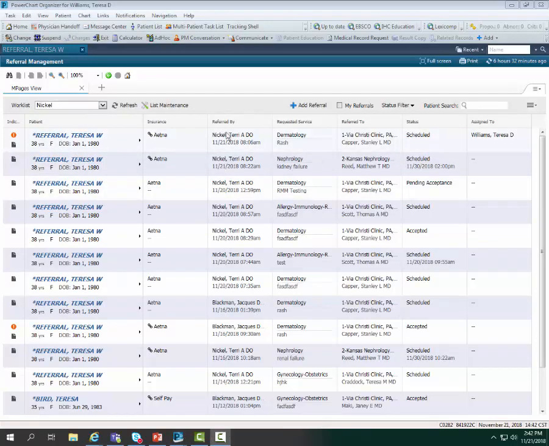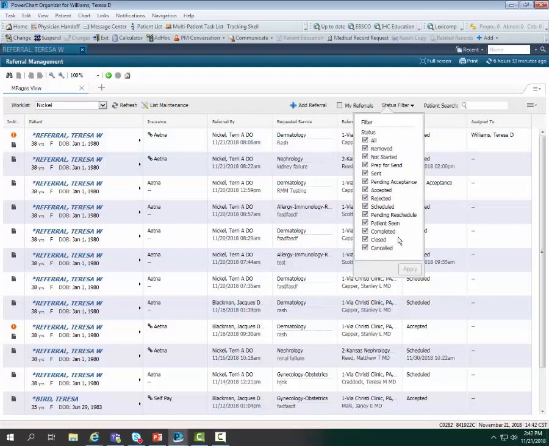Here's the referral that was to Dr. Capper, and now it shows up scheduled. So if I had my filter set not to see the scheduled appointments, this one would drop off my list. It's all based on how I have my filter set. Right now I'm seeing everything. If I had it set for maybe the pending acceptance, then once it goes to schedule, it will drop